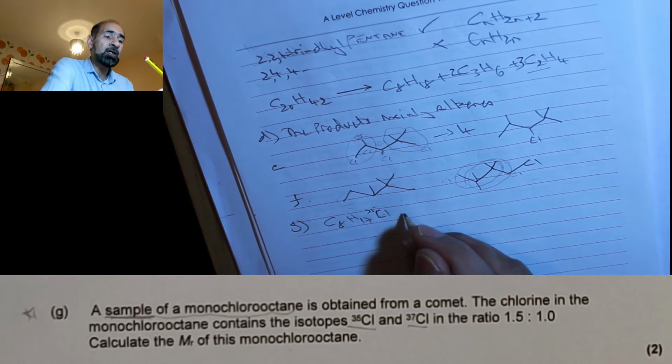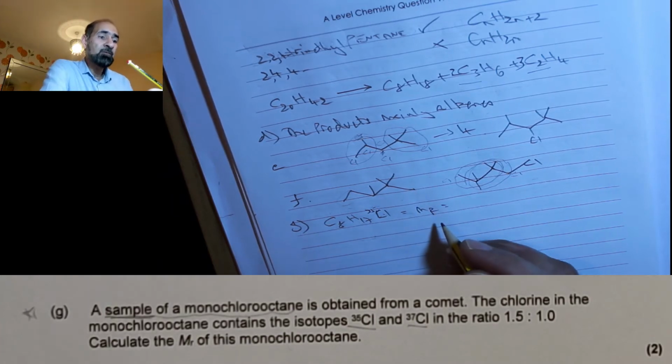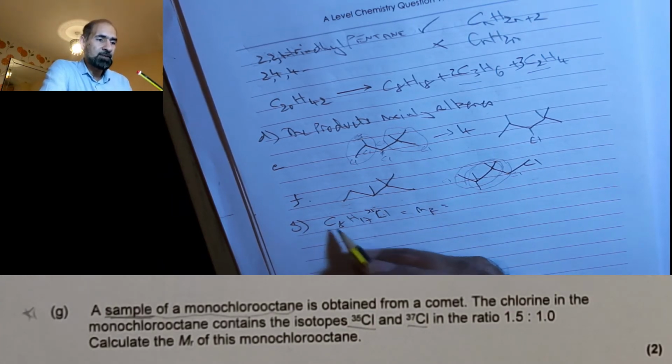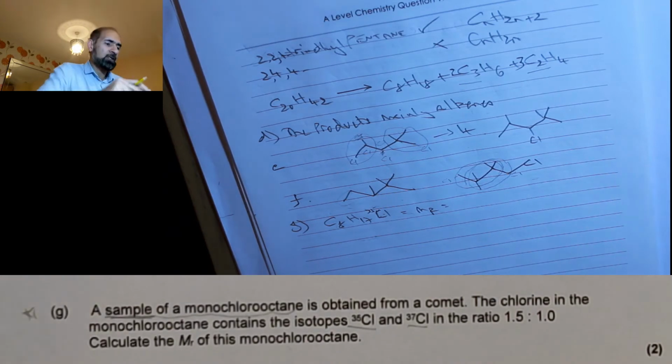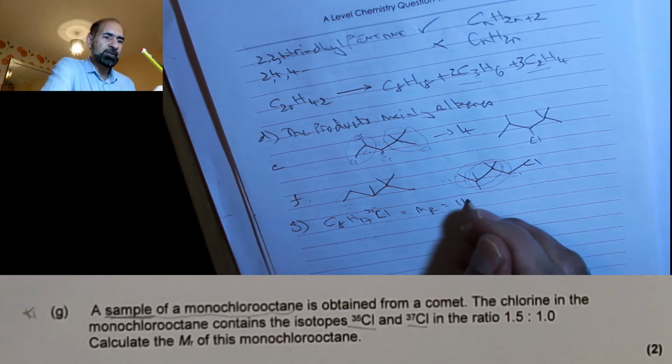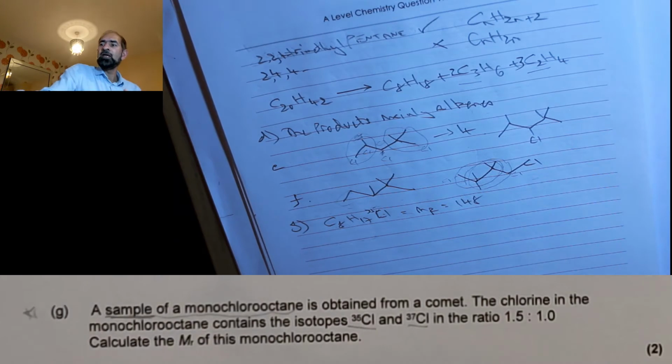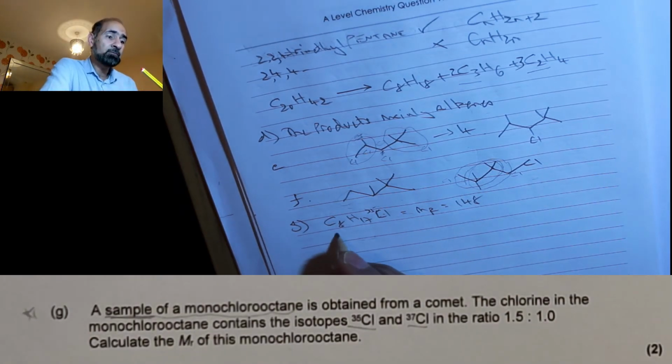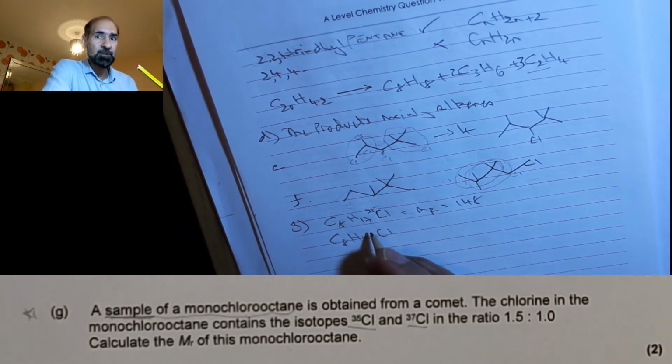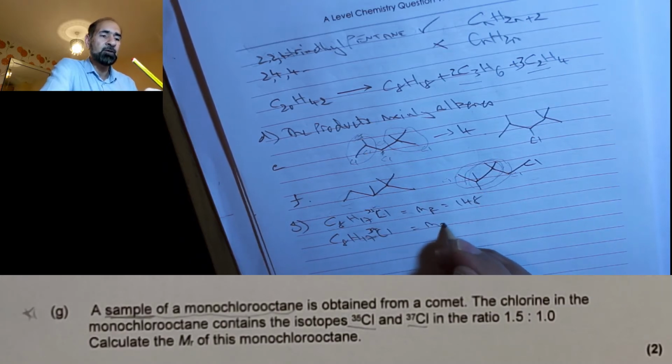I've got to work out the MR of this, so you work it out, 8 times whatever. So that is 148. Then you're going to have another molecule of monochlorooctane, which has C8H17, and this time the chlorine bonded to it is the 37 isotope. And of course, that MR equals